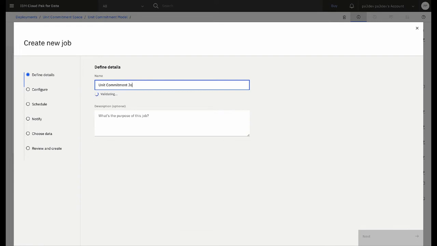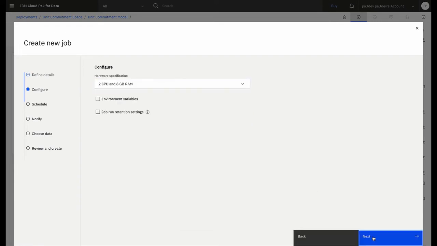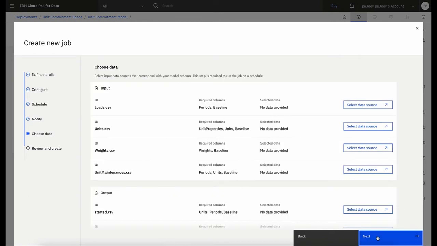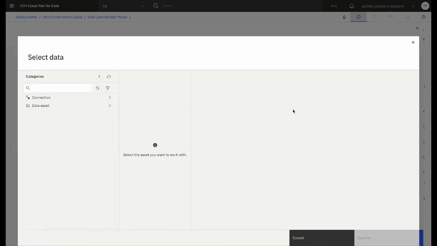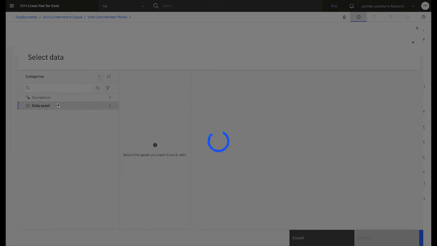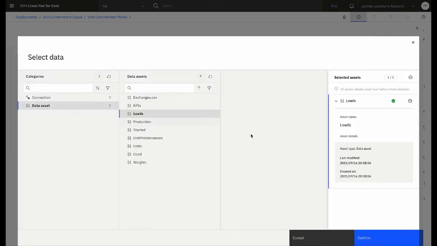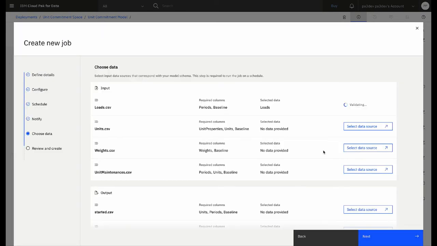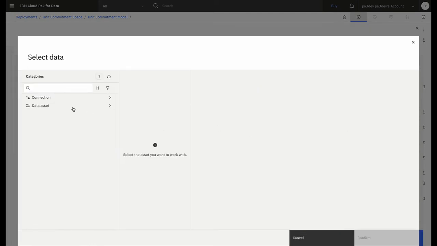We'll give the job a name. Remember, the job is just what's going to run the deployment. Most of these we set by default. We set the computing resources. Schedule is going to be non-scheduled. We're gonna tell it to launch by connecting it to an action button, and then we need to go through